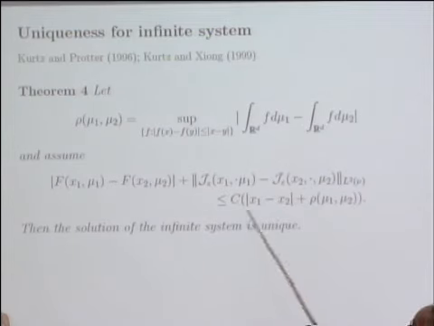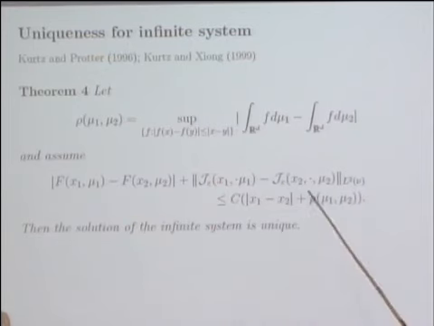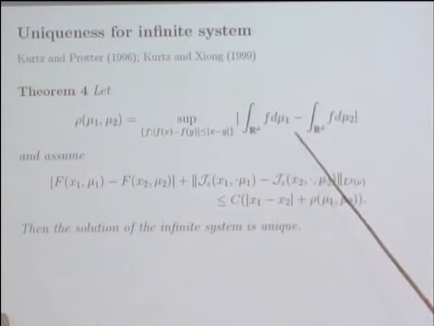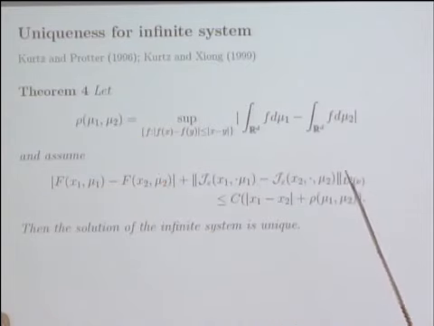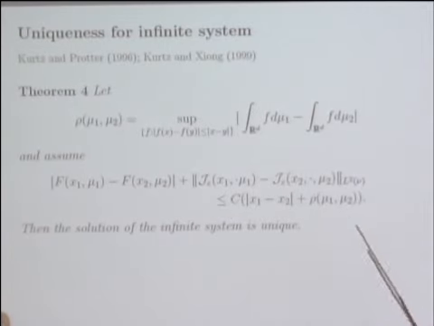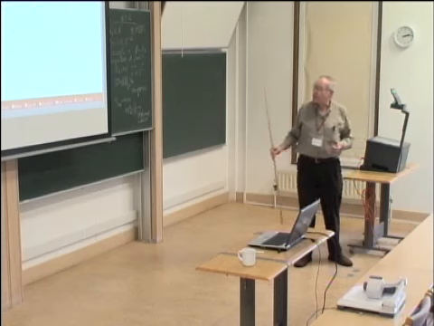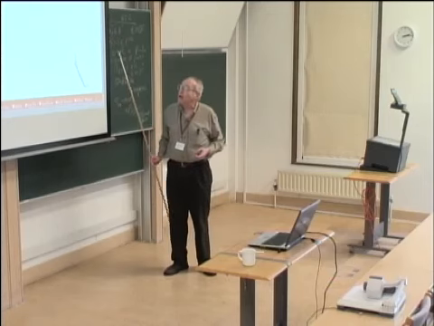What about uniqueness for this kind of an infinite system? Well, there's one set of conditions which makes the uniqueness proof fairly easy, and that is if we assume these coefficients are Lipschitz, where we take this as essentially a Wasserstein-like metric. If I take this to be the metric on my probability measures, then if I have the Lipschitz condition in this metric, then existence and uniqueness for the infinite system that I've defined here is reasonably straightforward.